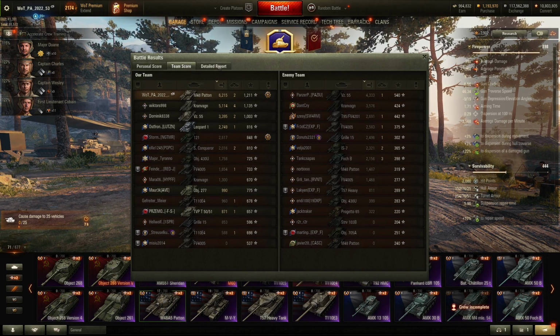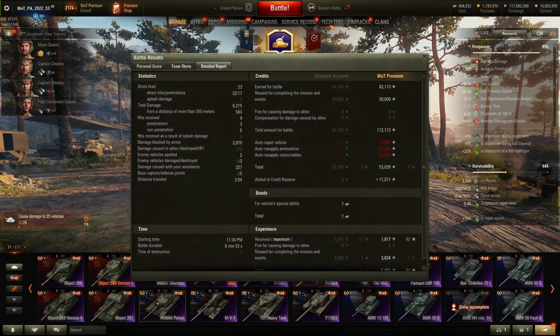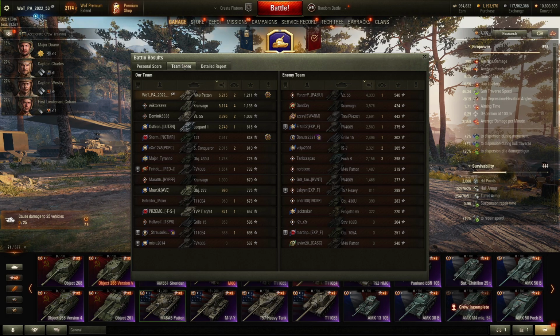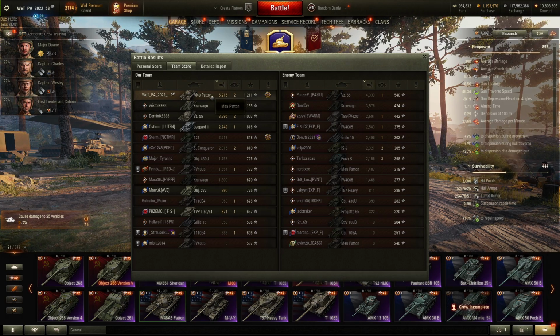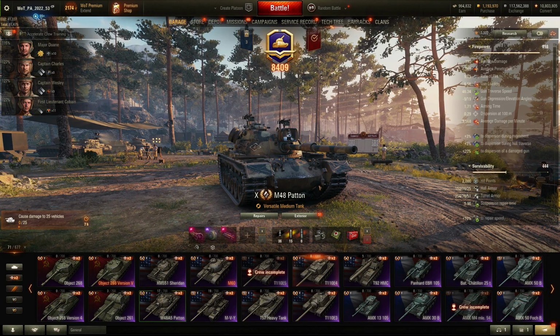Top damage, top experience. So 1200 is the ace tanker for this, and we actually made some credits profit as well. We actually did make some credits profit because we fired only one premium round. Yeah, well, this battle could have been actually, I think, like 6,800 if we actually penetrated those shots into...